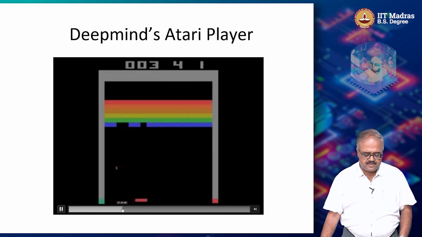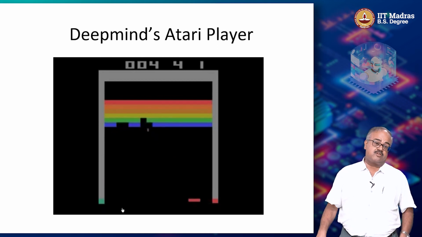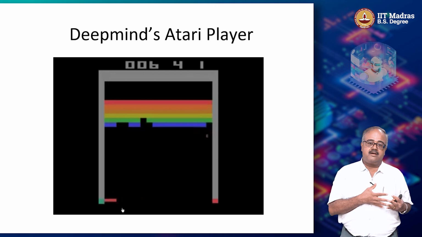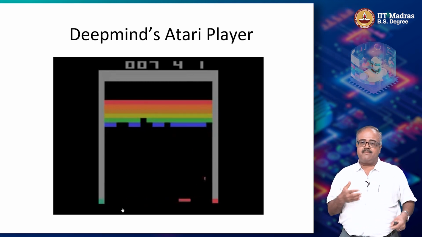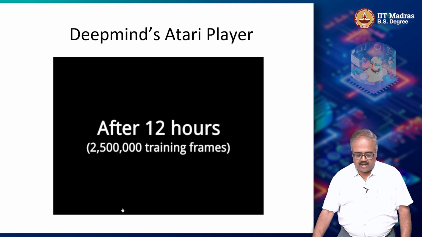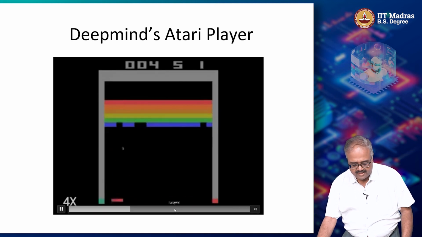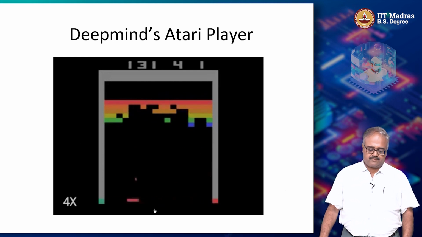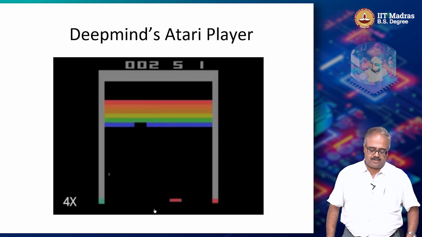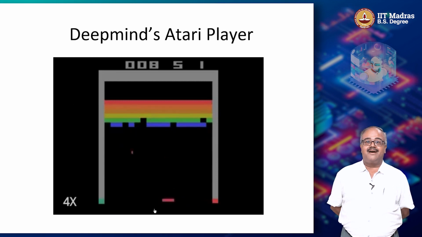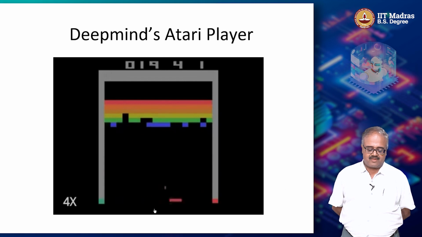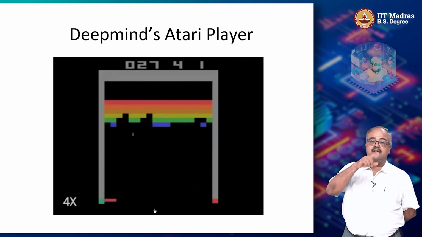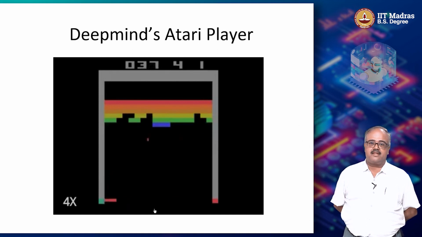The same approach is basically used for training multiple different games. It's not that the same neural network is playing each game. Each game is being played by a different neural network, but it's able to look at the screen and learn to play. And then at some point it actually learns to keep scoring and does very well, right? So this is an example of the right way to play Breakout: you drill a hole and then you get the ball to go through the hole so that it starts bouncing around on the top of the screen.